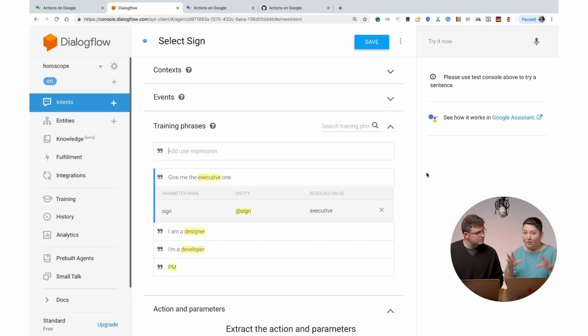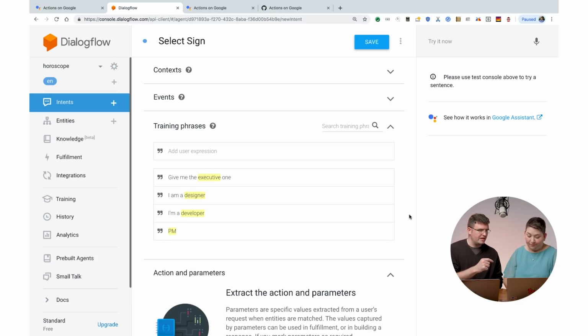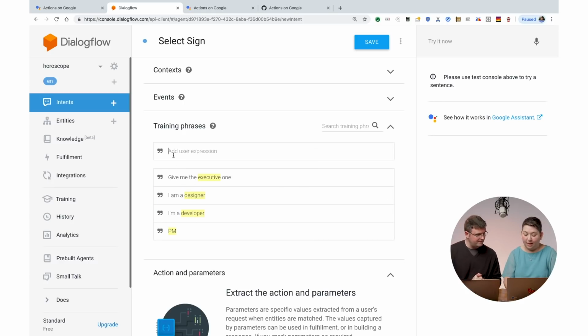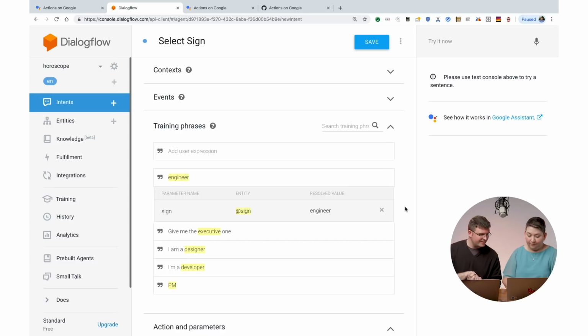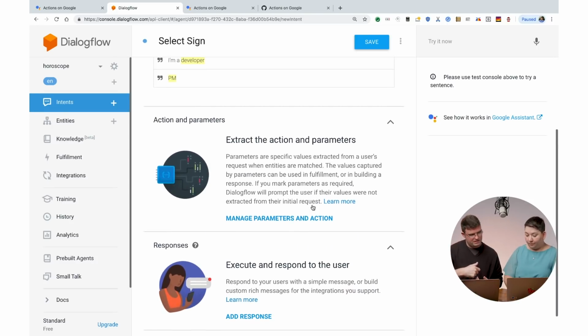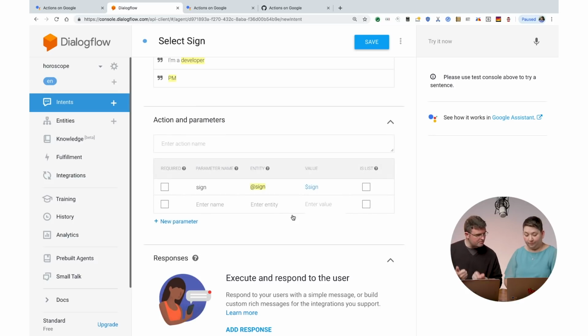But for this, it's a demo, so we're going to keep it as this. Let's make sure that we have all of the strings that we used explicitly there, like engineer. Oh, well, I have designer on here, so it should capture it. But we could totally do that. Engineer. Lovely. Okay. And each of those entities has already been automatically detected by Dialogflow, so we should have some confidence that that's